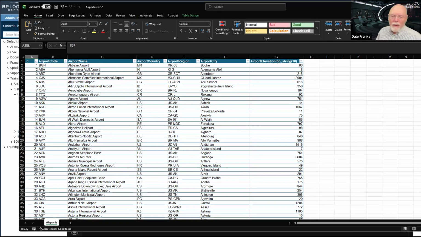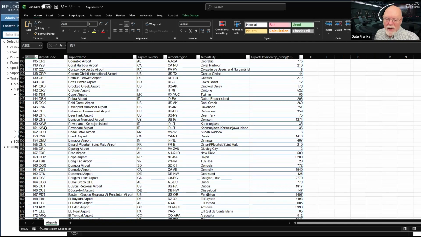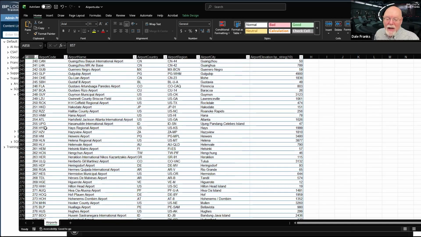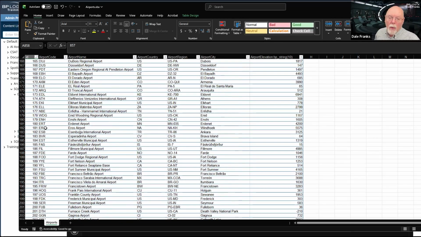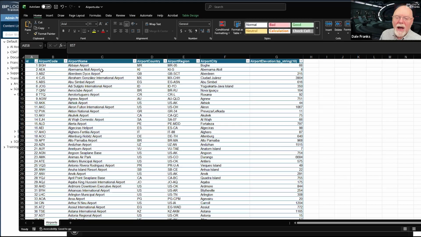Now, this makes sense because this is the order in which the data was apparently entered into the database. And as it happens, the way this data was entered was in alphabetical order. So that's cool.